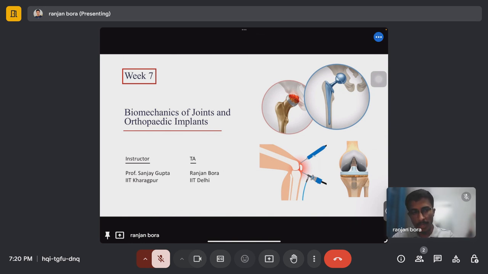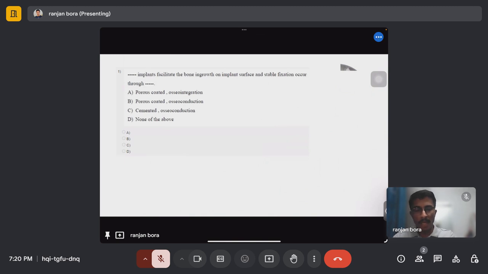So I will start. First, I will discuss the assignment problems from week 6, and this was the first question. The first question was: implants facilitate the bone ingrowth on implant surface and stable fixation occurs through. There are 4 options. Now, if we see the options, we can see that porous coated